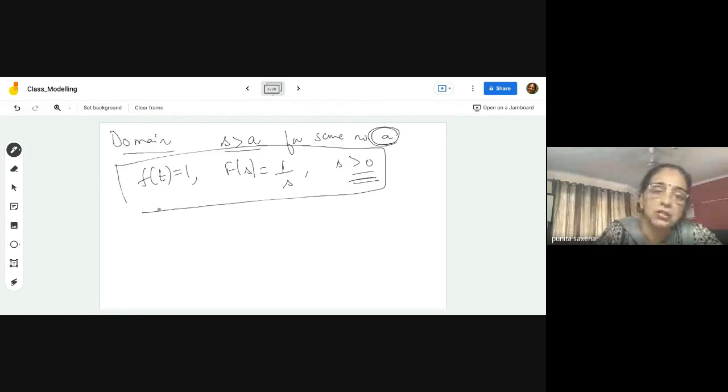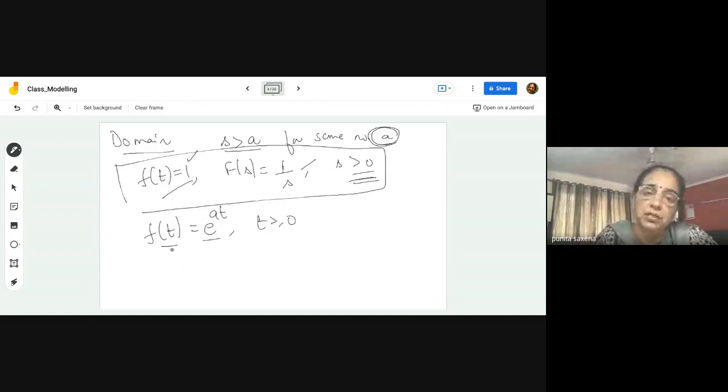Now just try yourself. What if your f(t) is e to the power at for t more than or equal to 0? That was a constant function, and we know the Laplace transform is going to be something like this. What if your function is an exponential function? Then what kind of a Laplace transform are we going to get? Just try it yourself. We have to find the Laplace transform of this, which is going to be the integral from 0 to infinity of e to the power minus st into e to the power at dt,